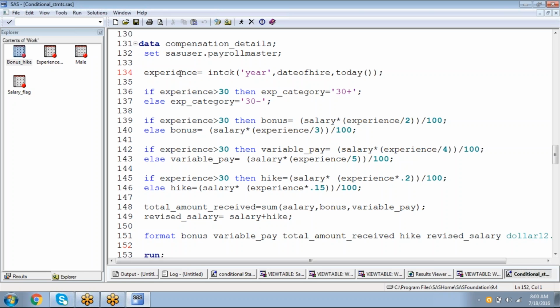See here, first you calculated experience. If experience is greater than